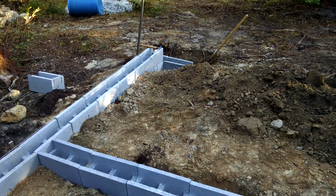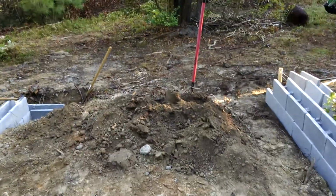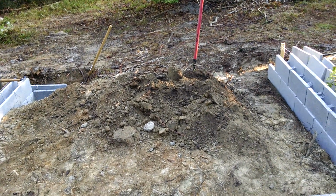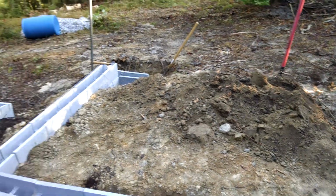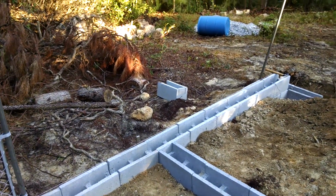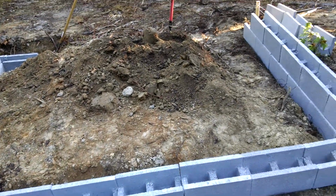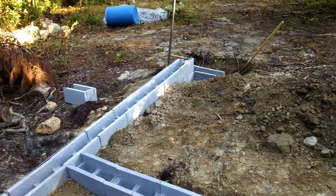So I guess the project for today is finish up this wall, get my backfill spread out there a little bit, and start getting all the fence panels straightened out and cut. I got to go down to Jerry's because he's got an issue with his truck using water, so I got to get the trailer unloaded so I can put that